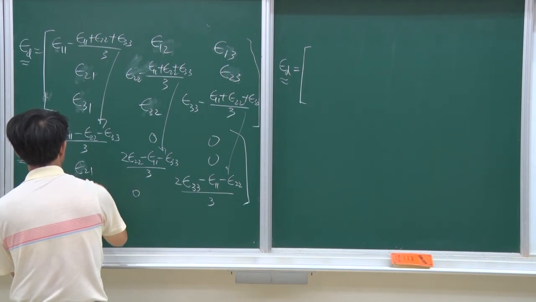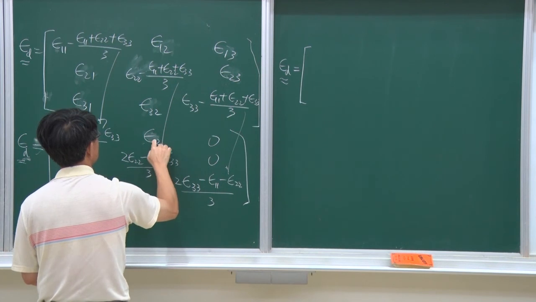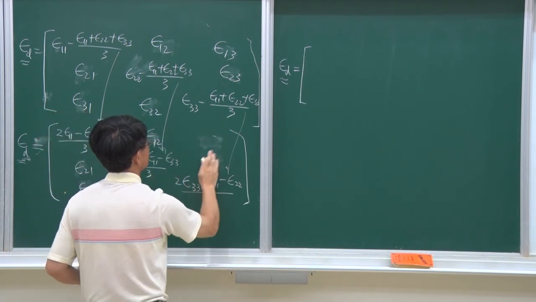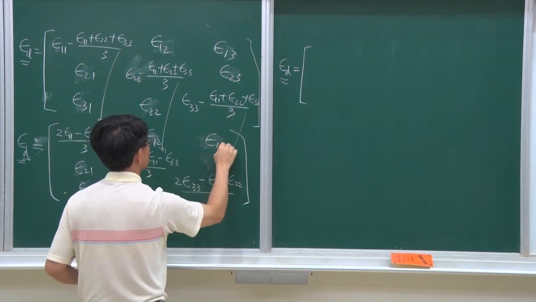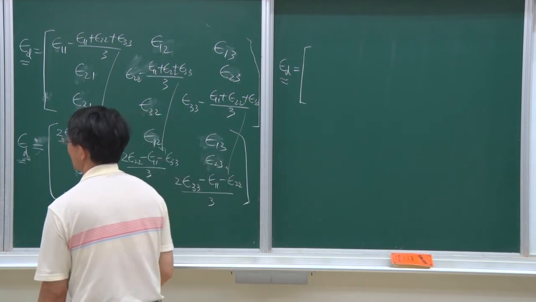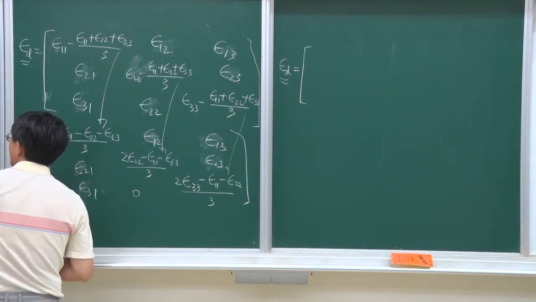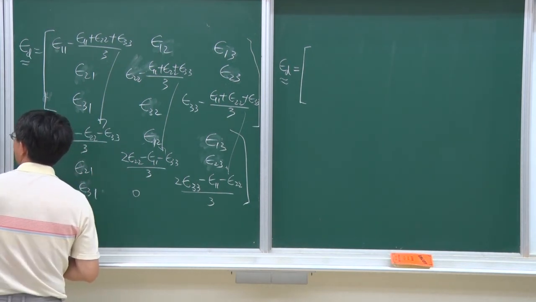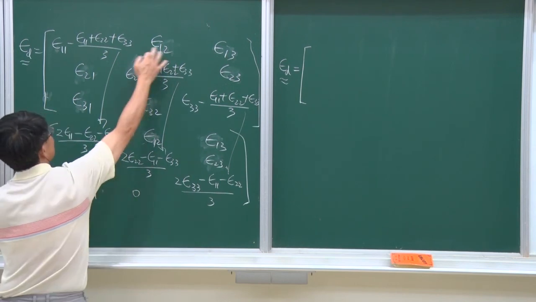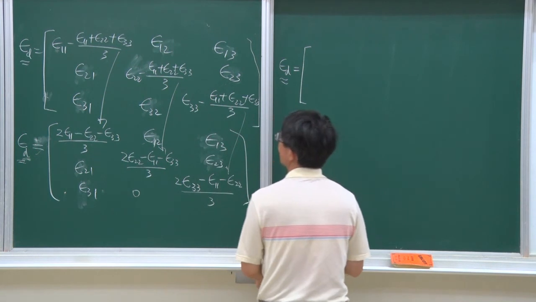Yes. I made a small mistake, and now I correct it here. Okay. Because why? Because we have 0 here, but we still have some off diagonal term. So when we sum it up, we shouldn't put 0 here. Instead, we put some simple shear there. Okay. As a result,